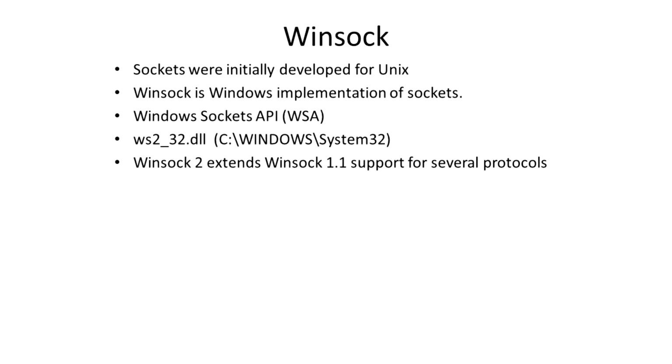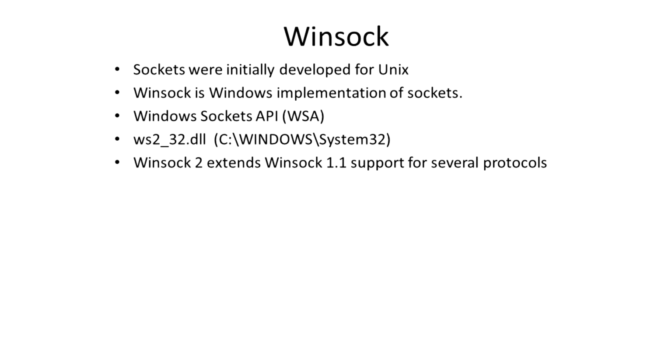Sockets were initially developed for Unix systems. It was only later that Windows developed their own version of the socket called WinSock, which is short for Windows Socket. And WinSock is another example of an API that works with low-level Windows types, a bit like our threading examples from a previous lecture, to be able to make use of and interact with the resources of the operating system. By the way, WSA is short for Windows Sockets API,